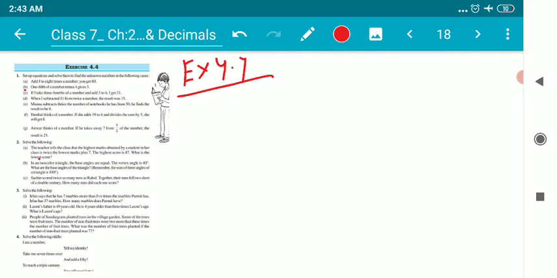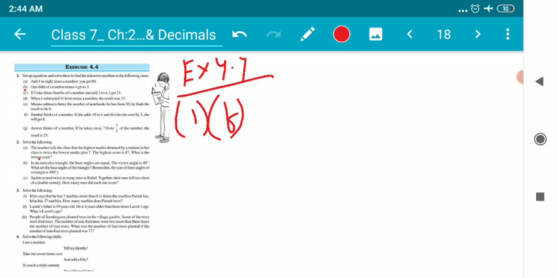Children, we have been dealing with a chapter, simple equation, chapter 4, and we are almost at the end of this chapter, exercise 4.4. Children, I got many queries from the class with question number 1F, which questions I've already explained, but some queries to explain question number F of number 1. Okay, I'm gonna explain this question, children, once again.